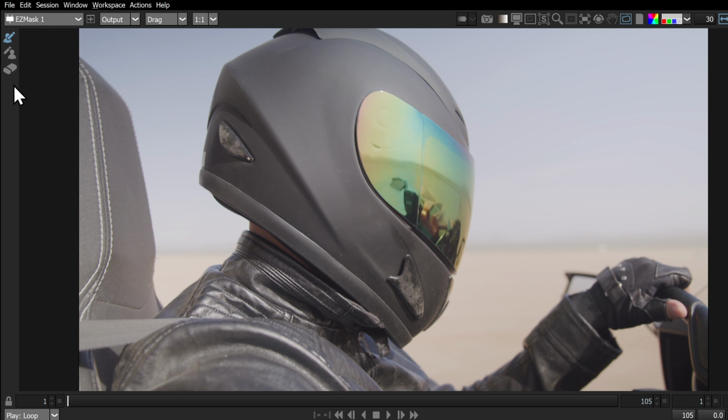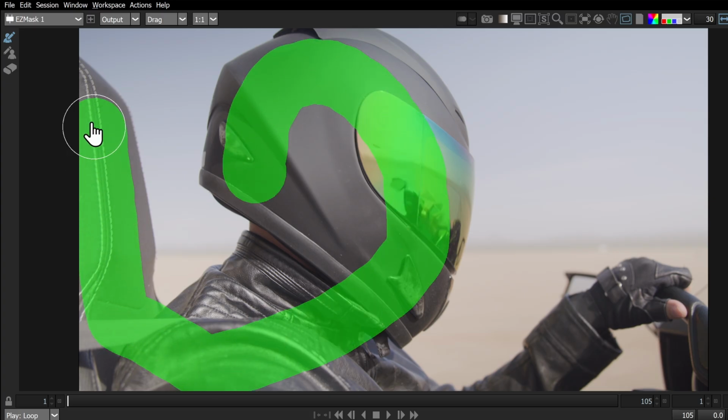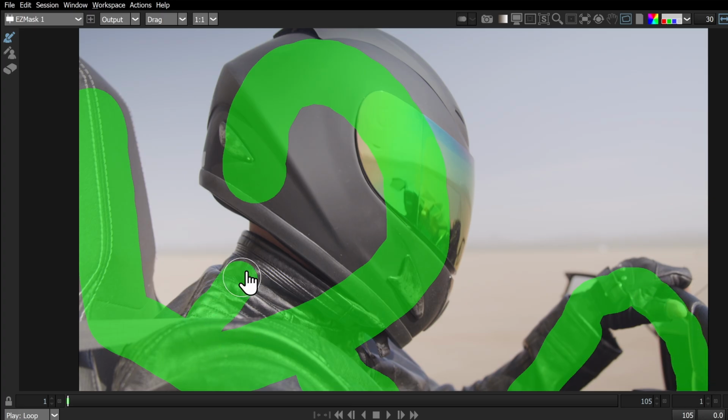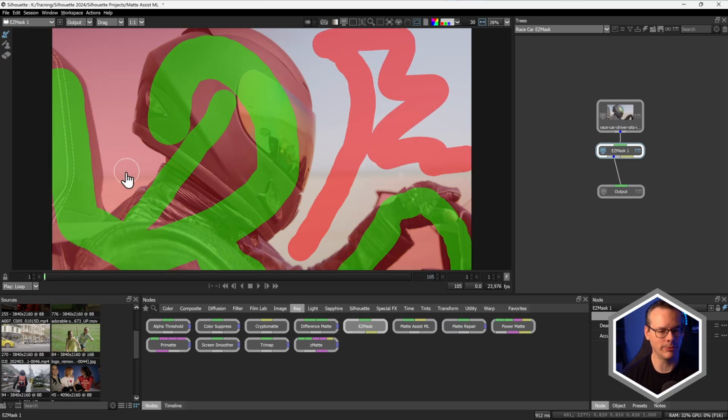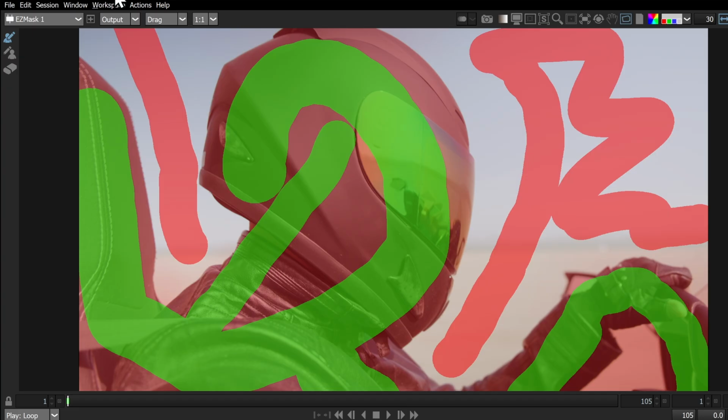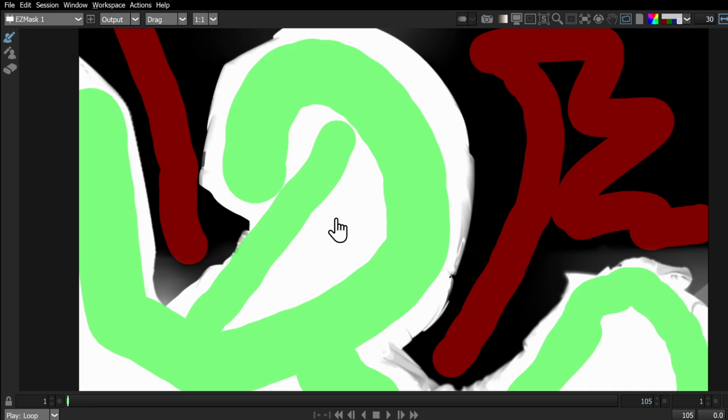We can use the different brushes over on the left hand side, or the way that I prefer to do it is just left click to define my foreground, and I can make my brush bigger or smaller by holding down the Control or Command key and just scrubbing in there. And then I can just right click and define my background. Now we can do quite a lot with this, or just use scribbles. And you'll see that as soon as I define a background, if my viewer is set to output, it's going to start creating an alpha channel for us.